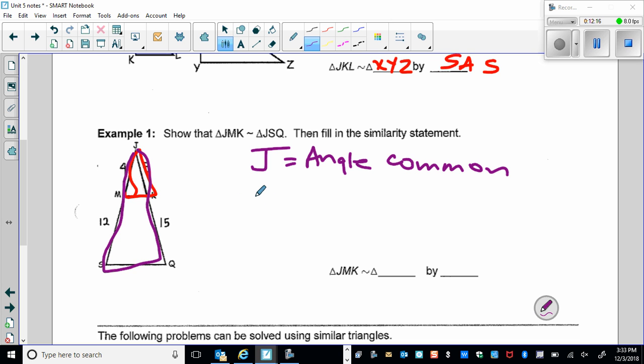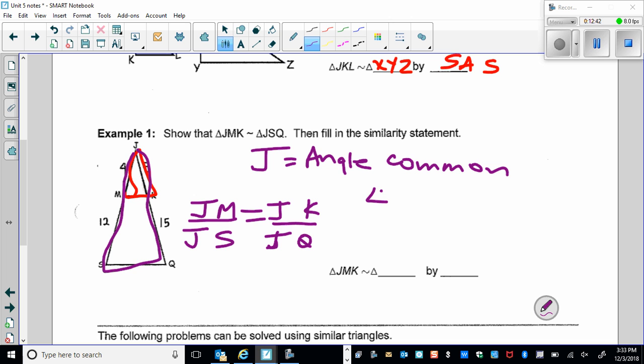So what I need to do is prove if the sides, if JM over JS has the same scale factor as JK over JQ. Okay, if that is the case, yes, the two triangles are similar by side angle side. So what is JM? 4. What is JS? 4 plus 12, right? 4 plus 12 equals to